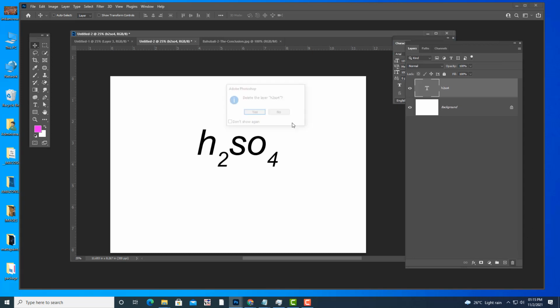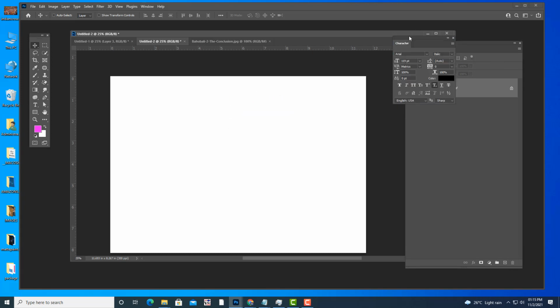Okay, so then see here, once you have completed your task with these options, you should not keep these options active. This is very important. A lot of people will face the problem. Once you have completed your job with these character panel options, you have to reset them. It means you have to go back to the original one. Say, for example, this button is on now.